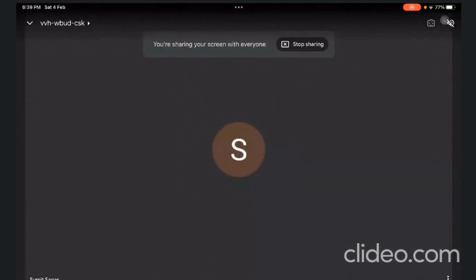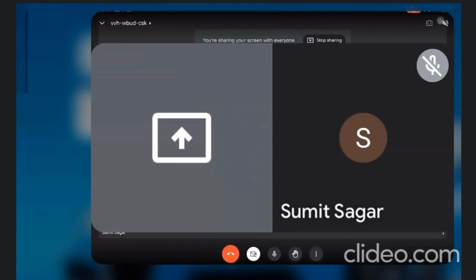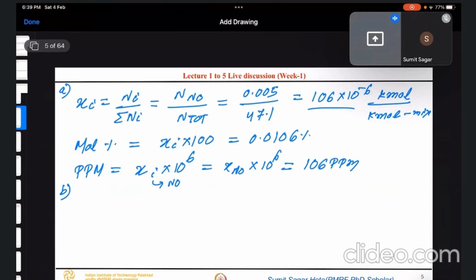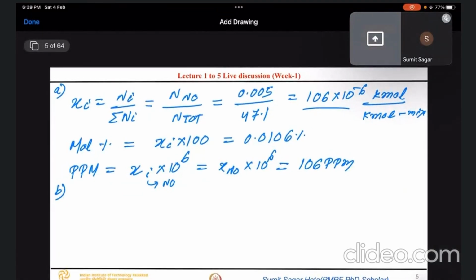For the interruption. Just now again, so just here we can again solve it. Okay, from the B bit. So now we have to calculate the molecular weight of the mixture, which is